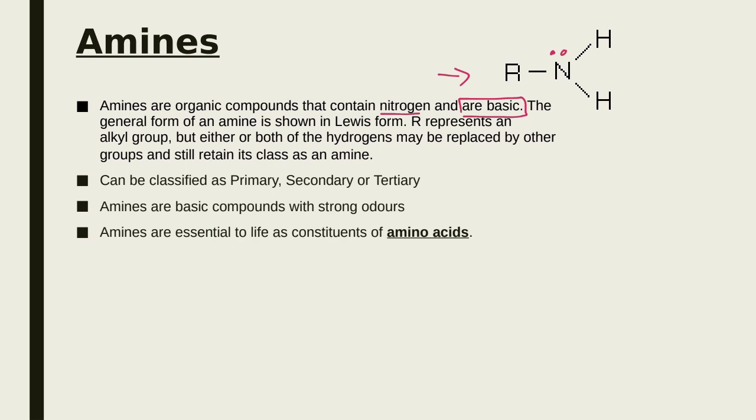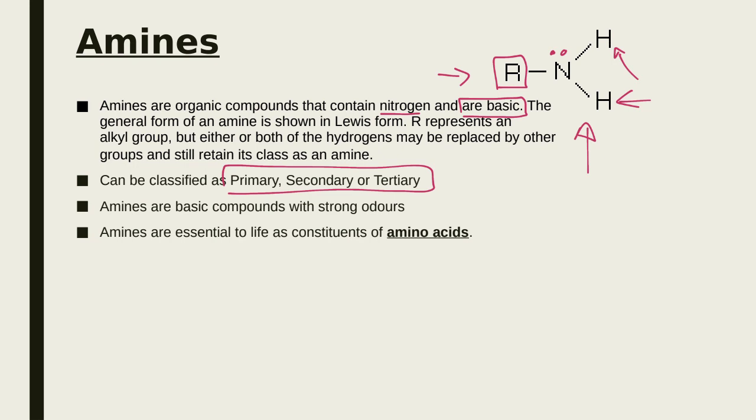The amine molecule will have at least one R group, and sometimes these hydrogens will also be R groups as well, but sometimes they could be hydrogens. And that will change the classification to either primary, secondary, or tertiary amine. What we see right here would be a primary amine, because there's only one R group. If the nitrogen was bonded to 2 R groups, it would be a secondary amine,